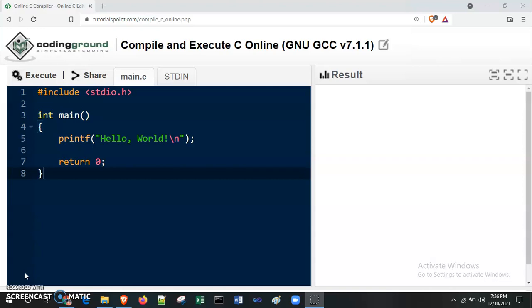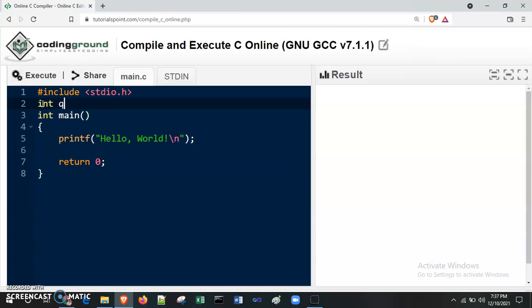So two ends are there, front and rear, we need to maintain, and we are using here coding ground, which is available on tutorials point, which is online C compiler. So in previous video we have seen how stack we can implement by using array. Here we implement queue data structure. So here I am using integer array. We are storing integer elements inside queue.